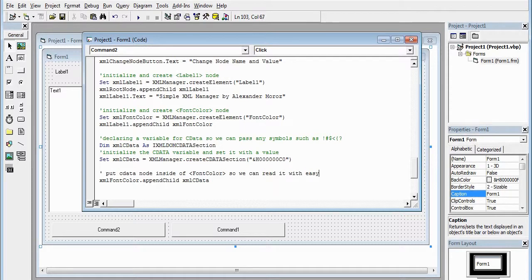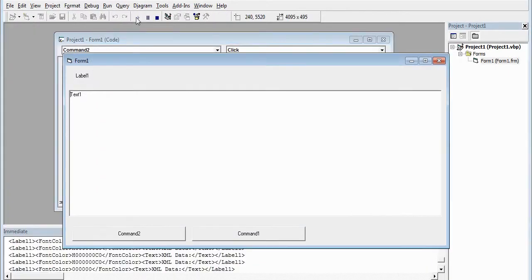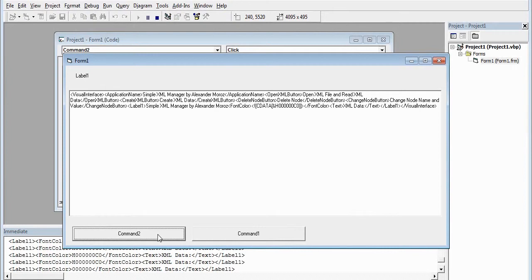Very easy. So let's have a look. Here we go, our CData inside of the font color,